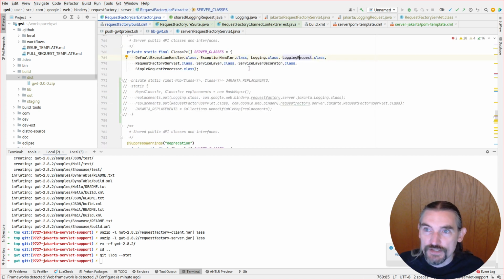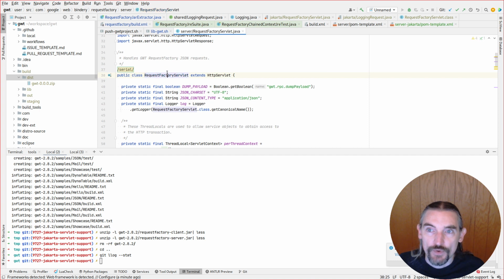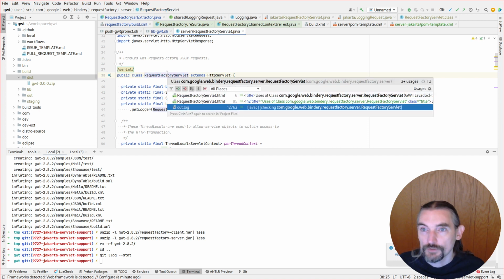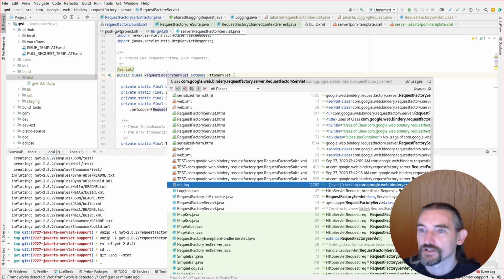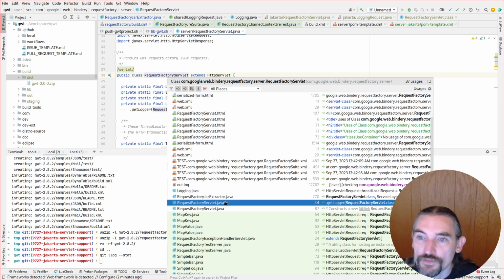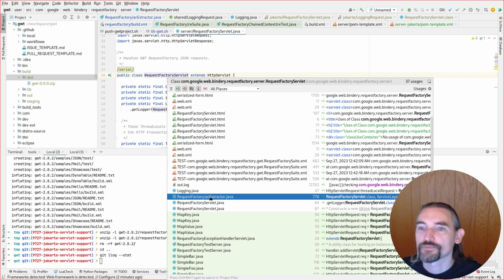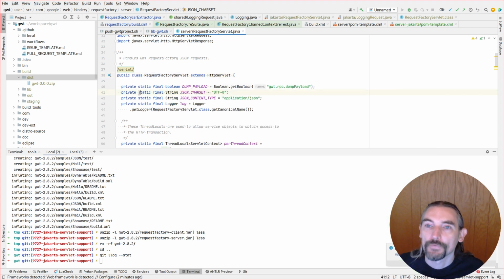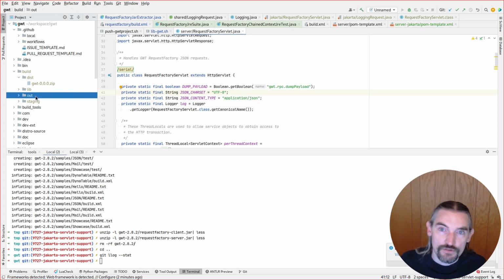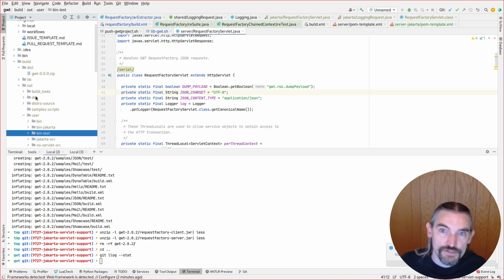So it's a total of 3 classes that have got to get rewritten. Logging, logging request, and request factory servlet. Nothing else needs to be moved because nothing else directly references this. I hope. Okay, there's HTML files that reference it, but you don't count. Servlet, the extractor references it. Three things that reference it. All right, let's go and look at how we are actually producing the different copy of user bin Jakarta instead of bin,